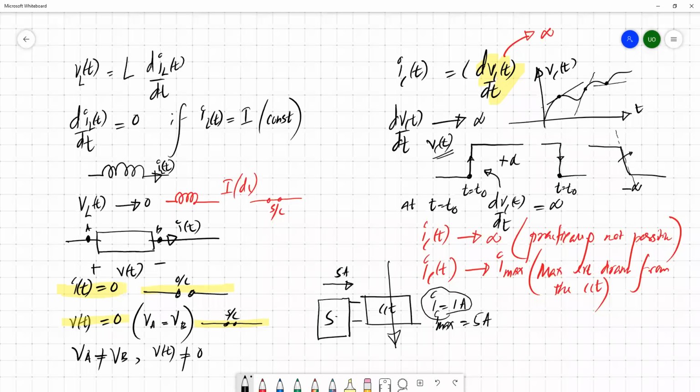Based on this conclusion, we argue that capacitors cannot manage this kind of sharp rising or sharp falling edges, these abrupt changes, sudden ups and downs. It means the voltage across the capacitor should be very smooth